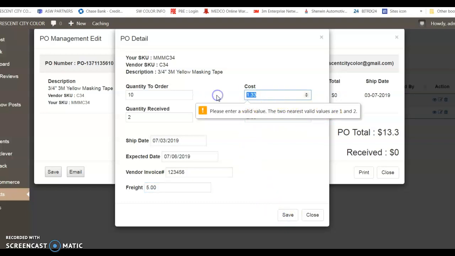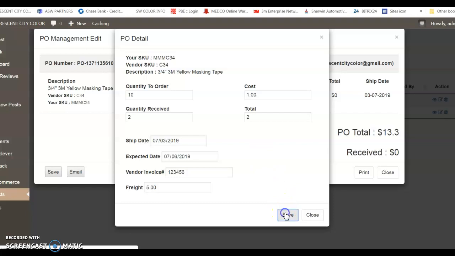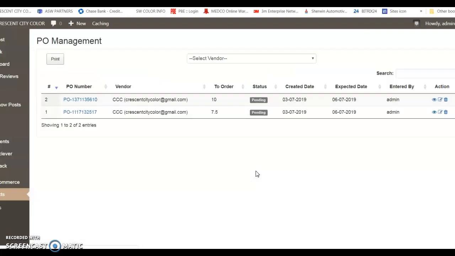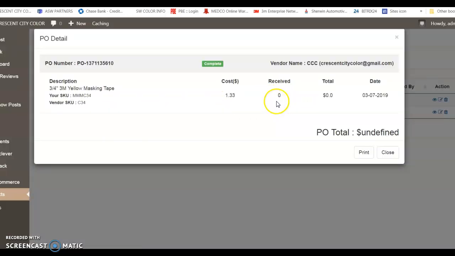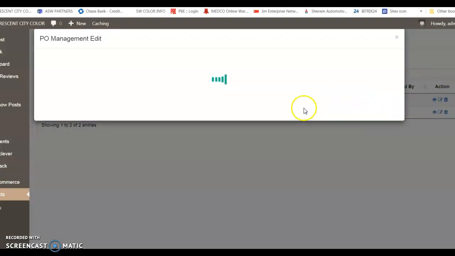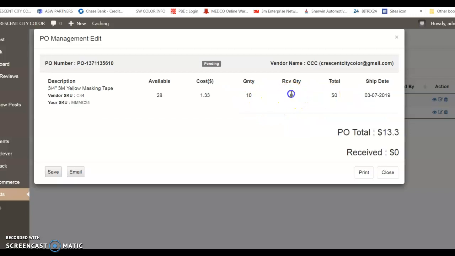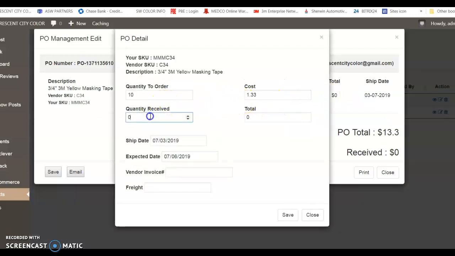So let's say if I change it to just an even number, and it allows it to work. But it goes away. So what I need to do is be able to go back to the screen, so it won't go away. And it says complete. So I need to be able to adjust it, and where I can make my